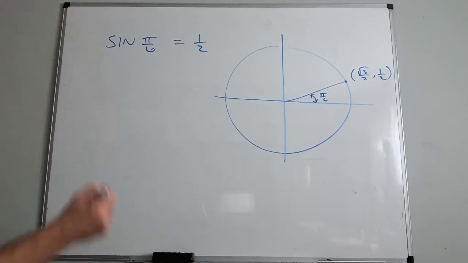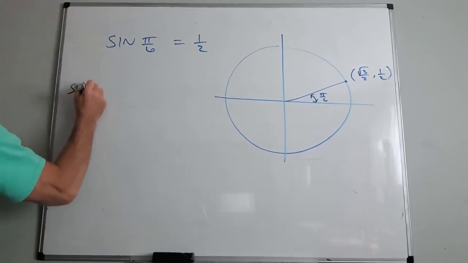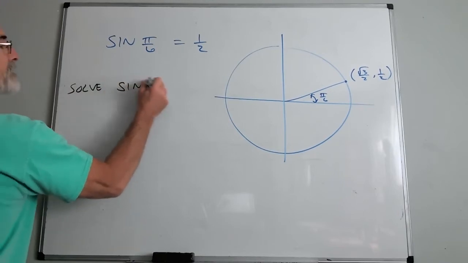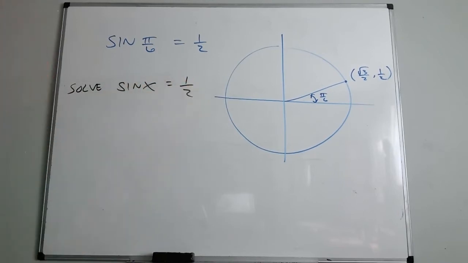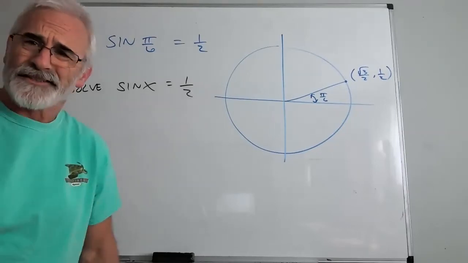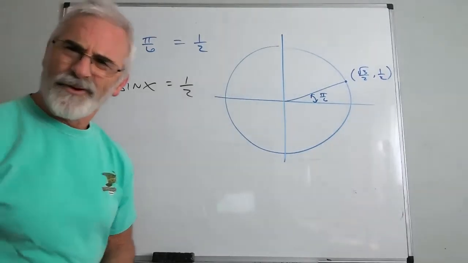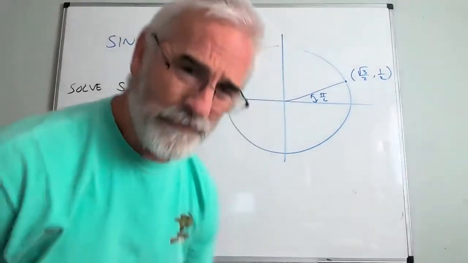So now the question is, solve sine x equals a half. Okay, solve the sine of x equals a half. Well, duh, x is pi over 6, right? Well, yeah, but